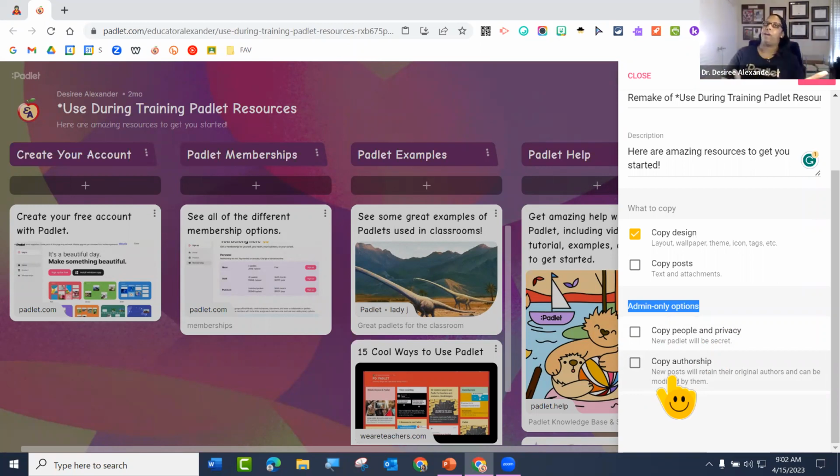I have it for first, but I may want to make a copy for second period. If I want to, I can say copy the people and the privacy and copy the authorship. Maybe I want my first period students to be an example for second period, so I'm going to say I want you to copy what they did, who did it, and all that kind of stuff.